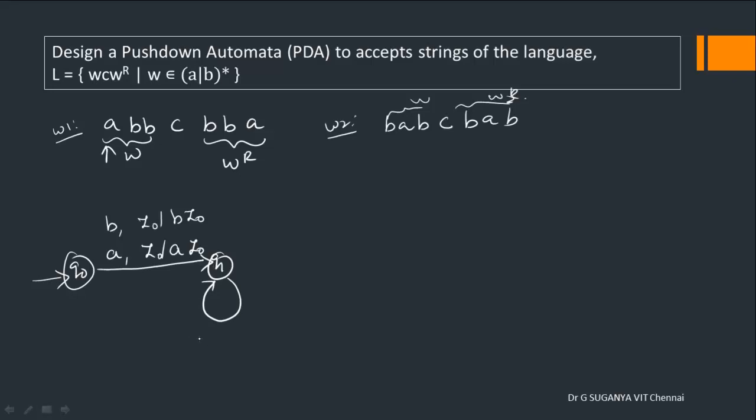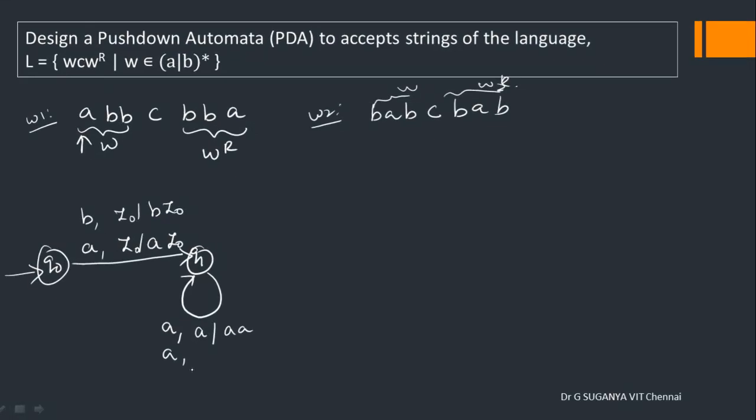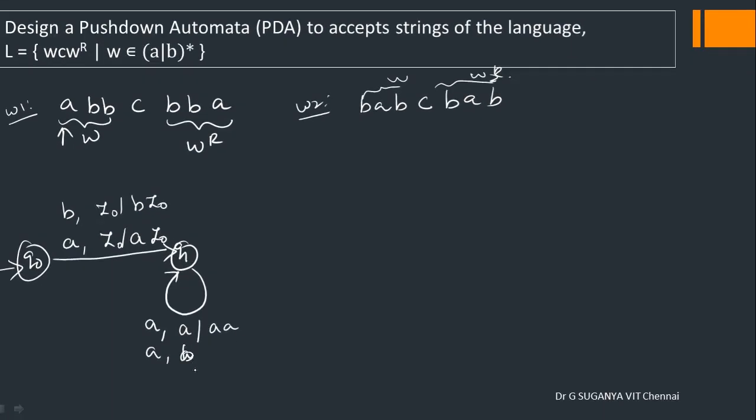Now after pushing the first input symbol, you can have any combination of A and B on your input. So let me write, when A is on the input, you may already have A on the top of the stack. So what to do? You have to push in two A's. If A is on the input and B is on the top of the stack, then this B has to be left as it is and this A has to be pushed, leaving it A B. When B is on the input symbol, this A has to be as such and this B has to be pushed over it. And when B comes on your input and B is on the top of the stack, it becomes B B. So this is the pushing case.